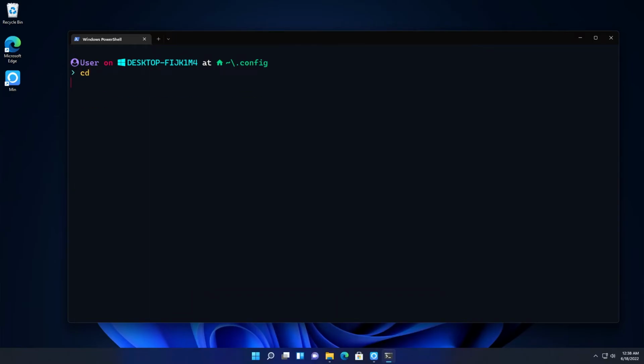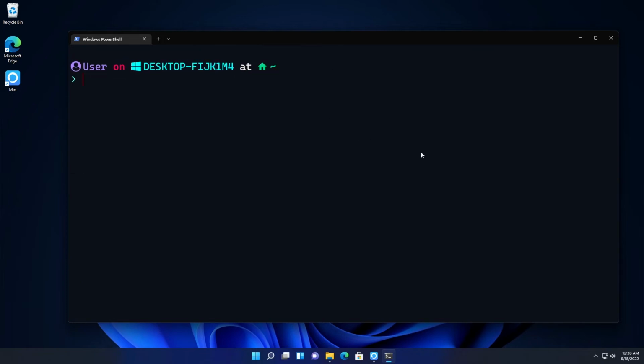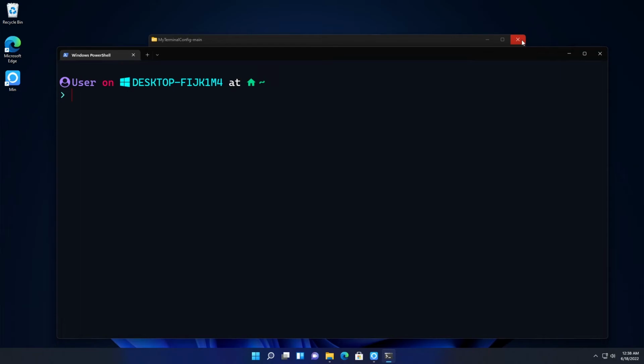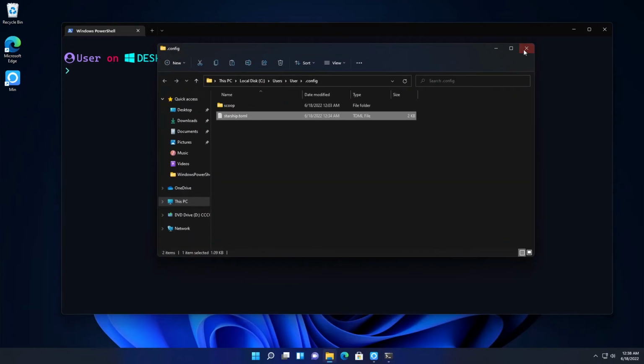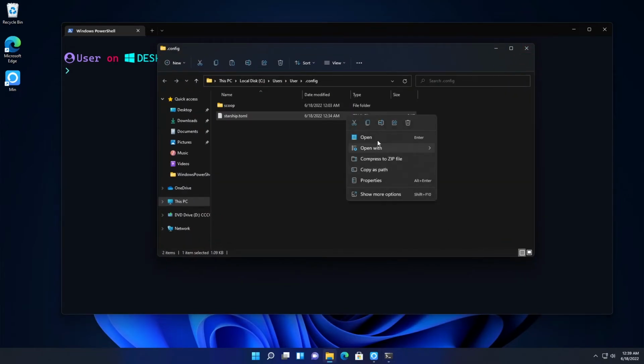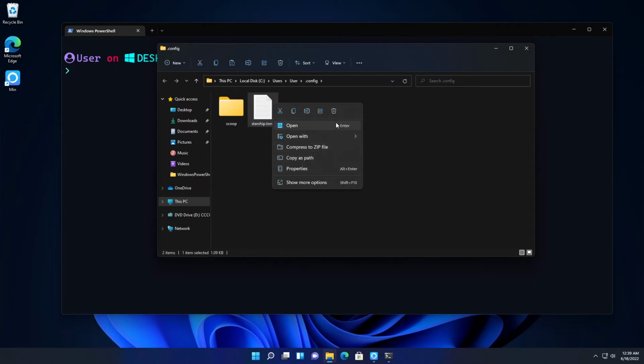So let's go to cd. Okay, now we are in the home path. You can see now you have a very beautiful terminal. So if you want to change some of these icons, let's say you need to change this Windows icon, all you have to do is open the starship.toml file by going to the .config folder under your username. So just open that